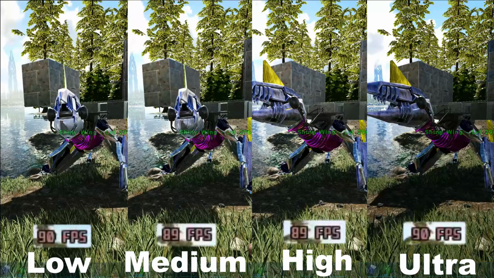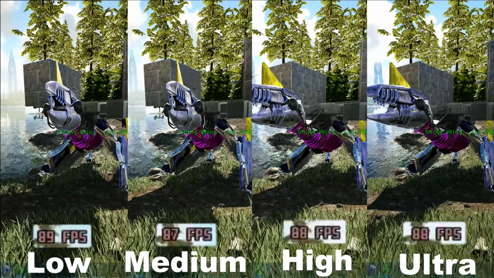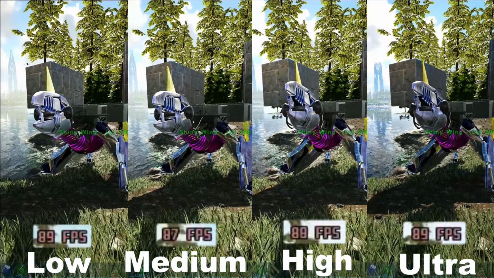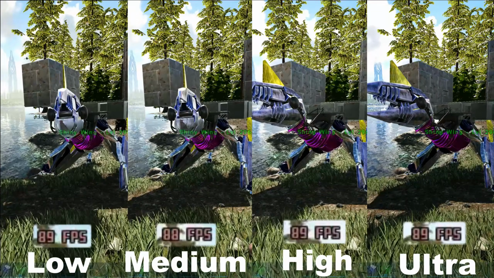So you will only really notice a difference in certain scenarios where it really takes effect. So I would probably recommend just leaving it at medium and letting it be, and maybe you can turn it down to low if you want to.